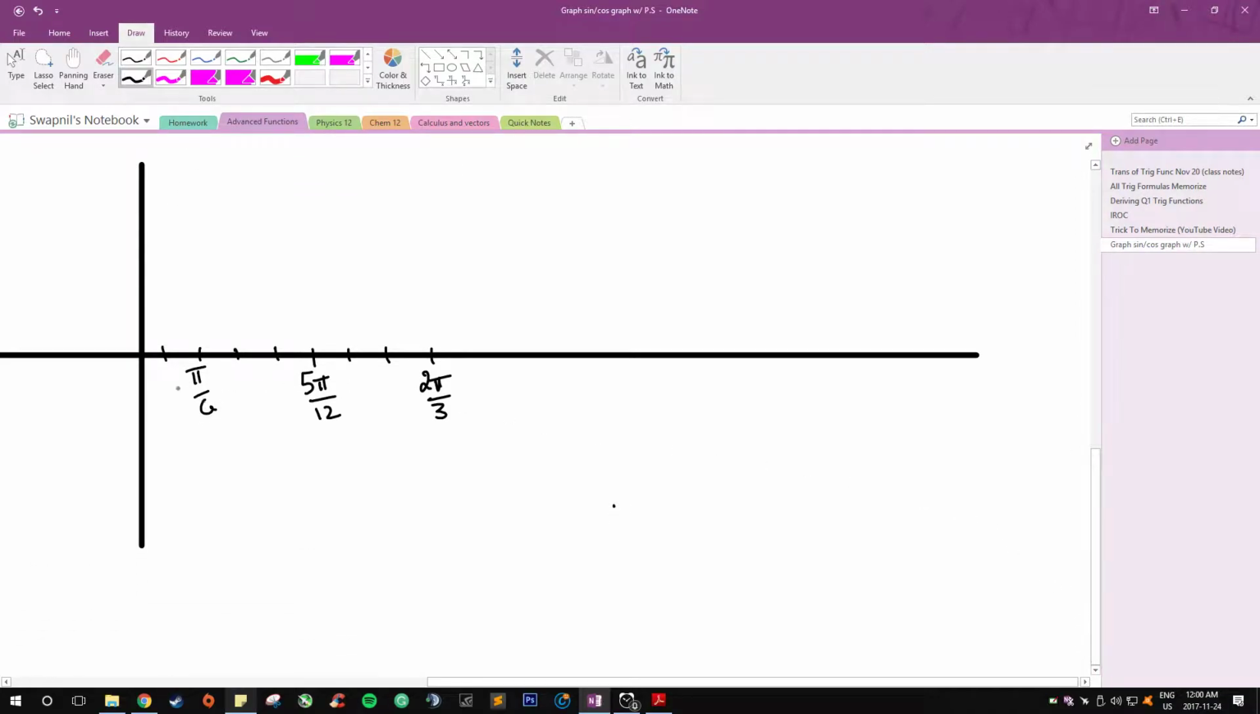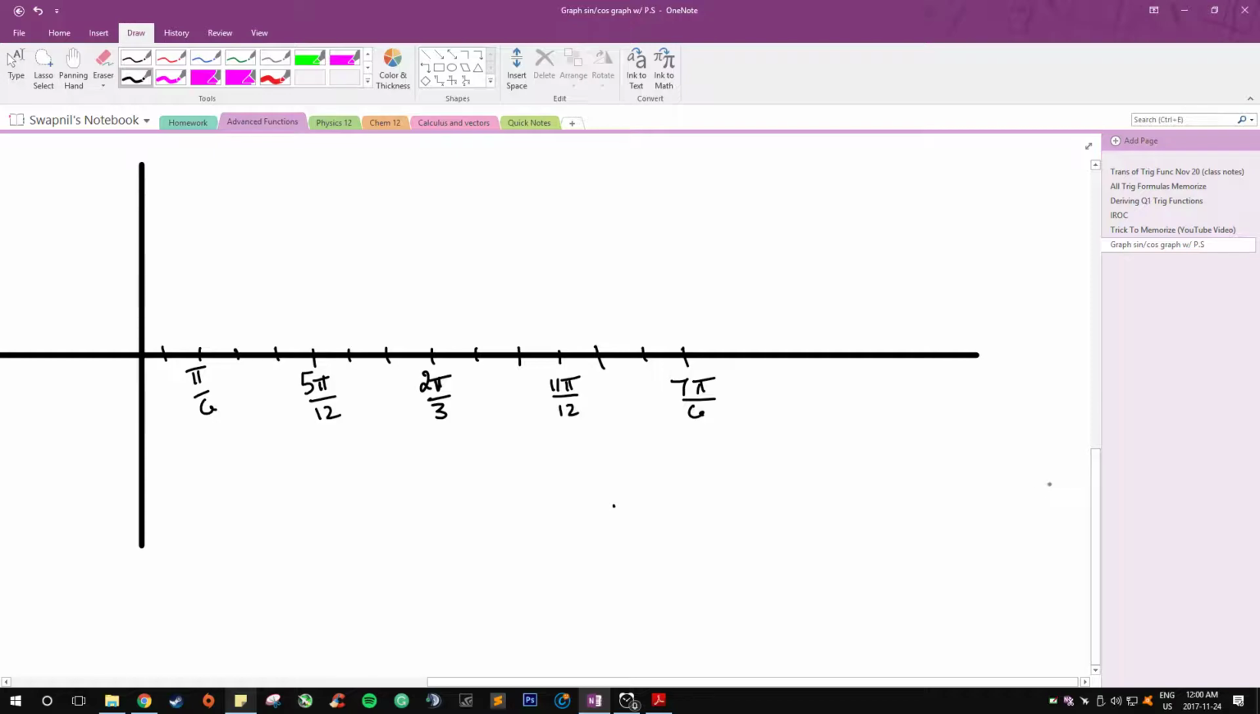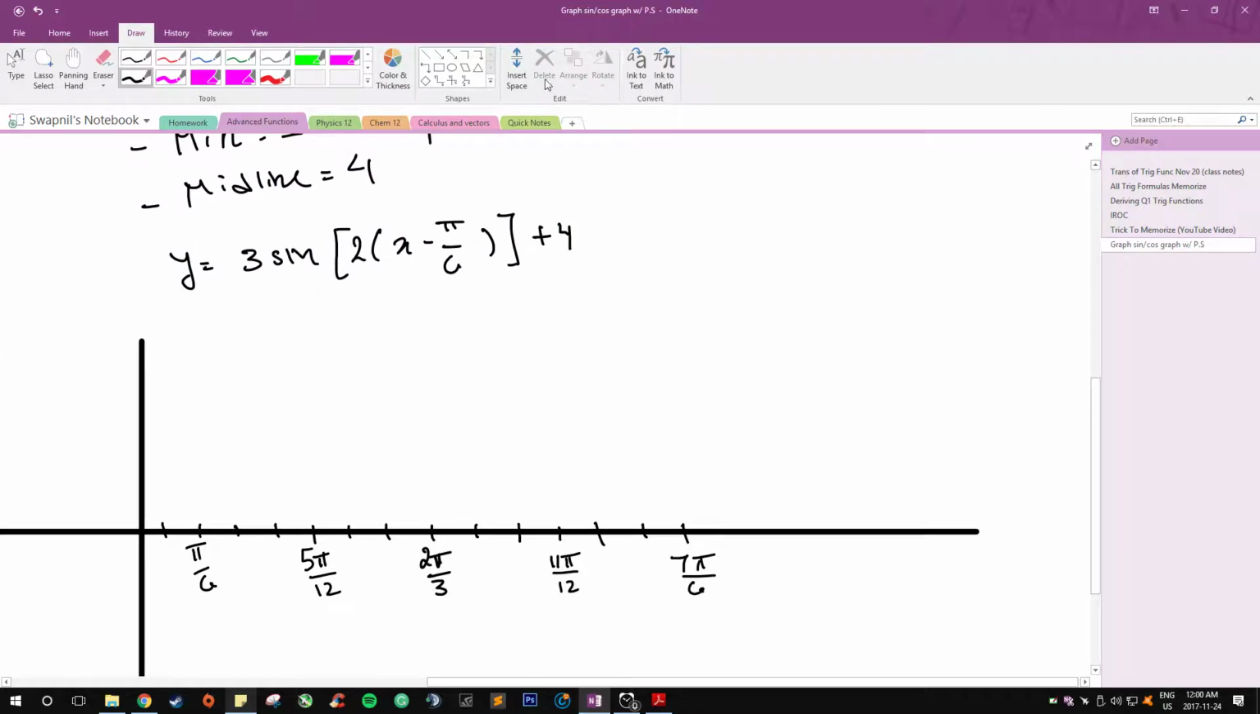So you just see that it's going 1, 2, 3, okay, 1, 2, 3, so the next 1, 2, 3 would be, what was it, 11 pi over 12, I think it was, I'll check, and then 1, 2, 3, it would be 7 pi over 6, I think that's what it was. 11 and 7 over 6, yeah. Okay, now let's mark the